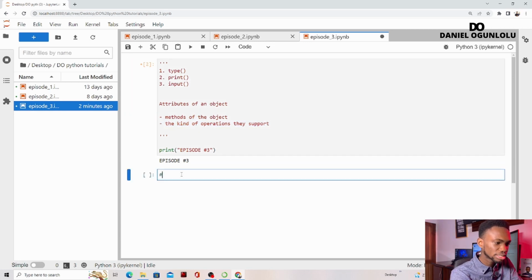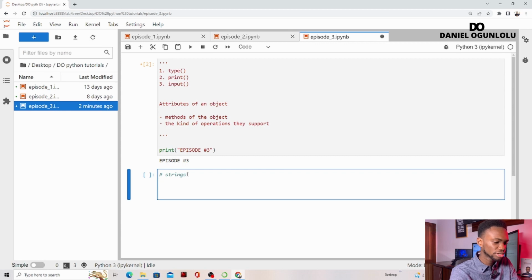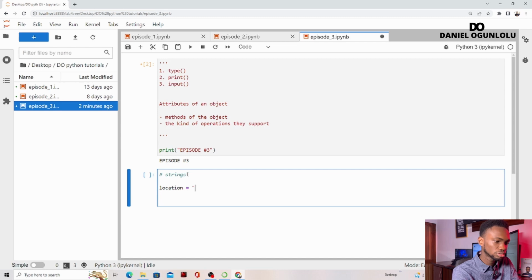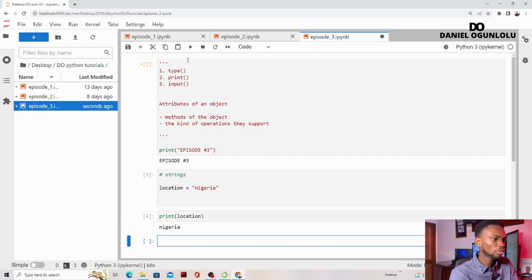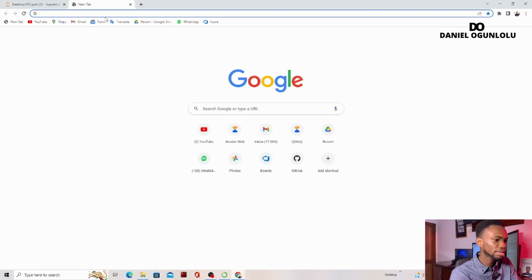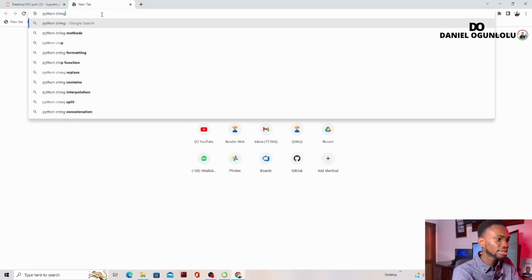So let's start with strings. I'm going to create a string. Let's just call it location. I'm going to set the string to, let's say, Nigeria. So just for confirmation's sake, I can go ahead and print location, and I get Nigeria. Now quickly, I'm going to open a tab here, and I'm going to type Python string